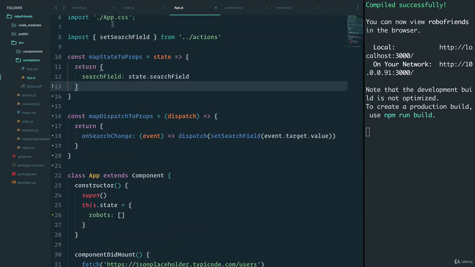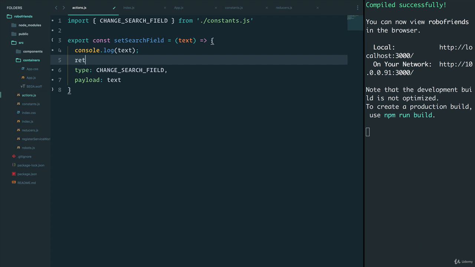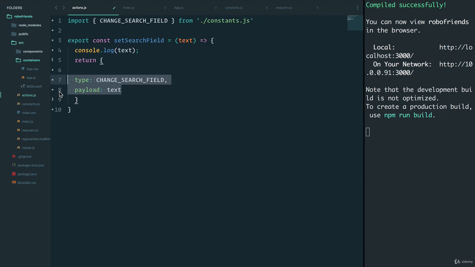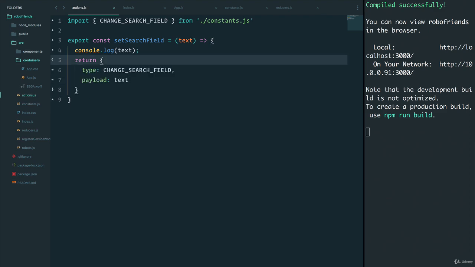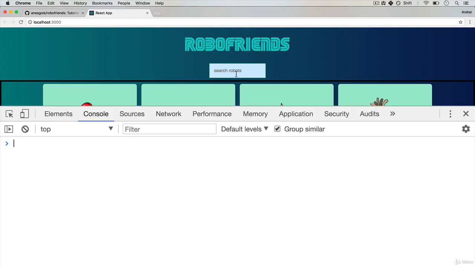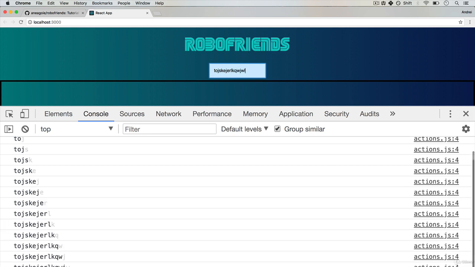And just to test that theory, if I go in here into my setSearchField, and instead of having this automatic return, I'm going to say console.log text, and I'm going to return from here the object. So we're just going to console log to see if the action is coming through. I save and go back. Let's open up the console, and look at that. Everything I type is being sent